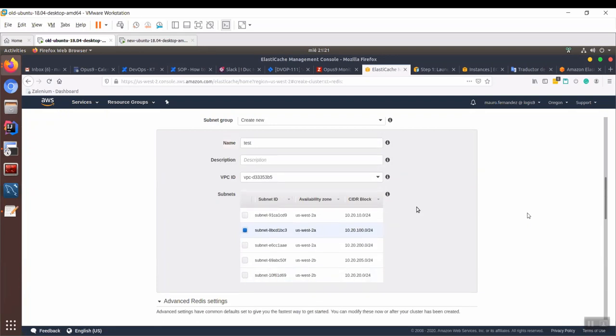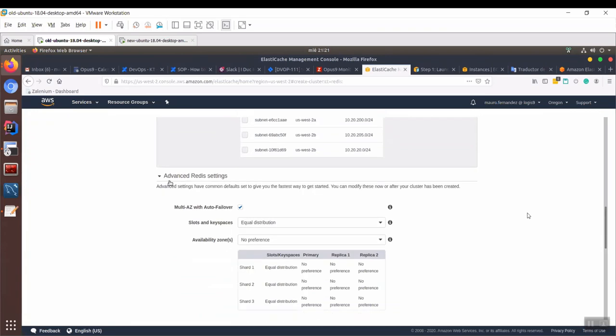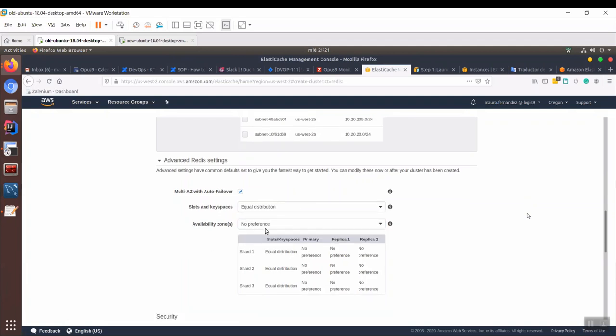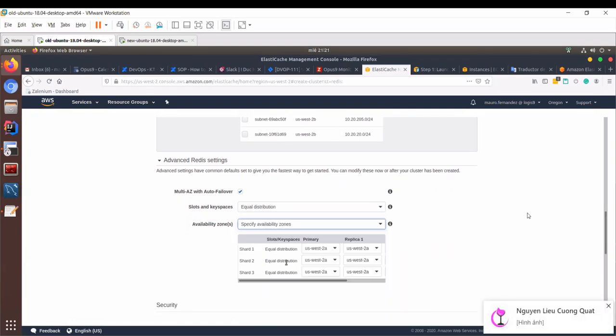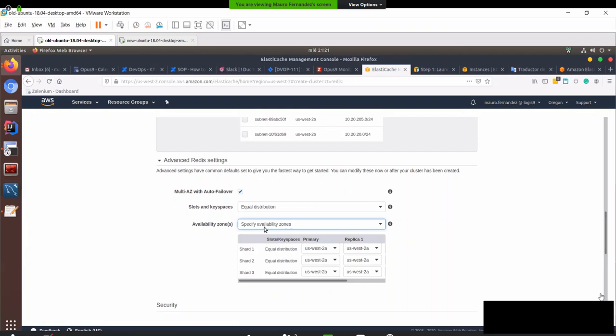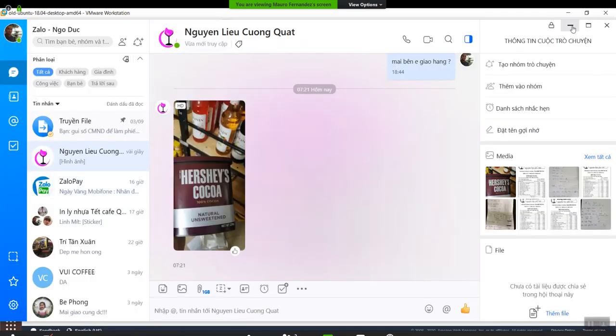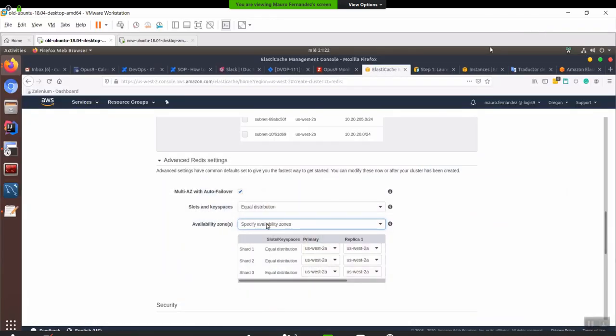Test, advanced Redis settings, slots and keyspace. I don't have an idea of this, but let's put the default one. Availability zone. If you choose multiple availability zones, it will cost double because we are buying another availability zone.